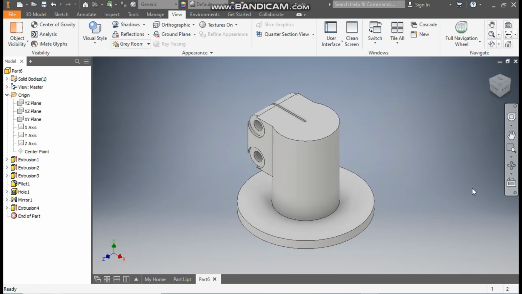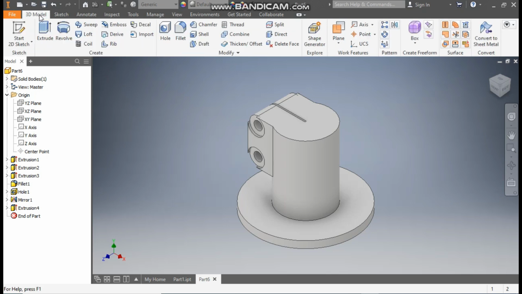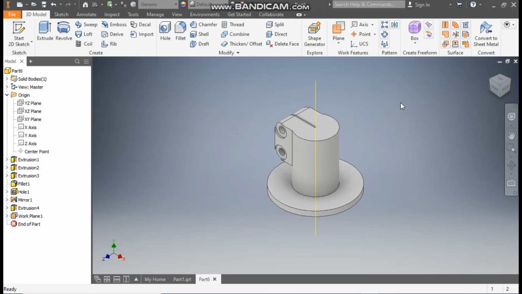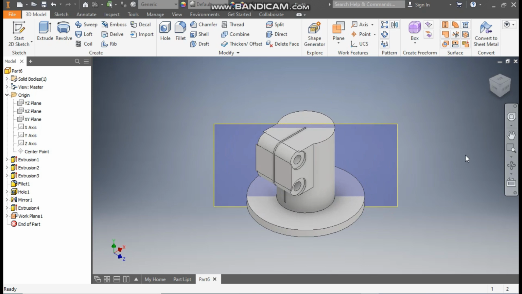For the rib profiles, we are going to generate a new plane. Go to 3D model, go to plane, select YZ plane, and here I'll select the Y axis. Take an angle of 45 degrees and press OK. So a new plane will be generated at 45 degrees. Select this new plane, go to create sketch,